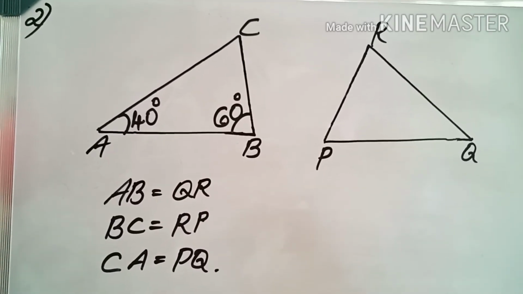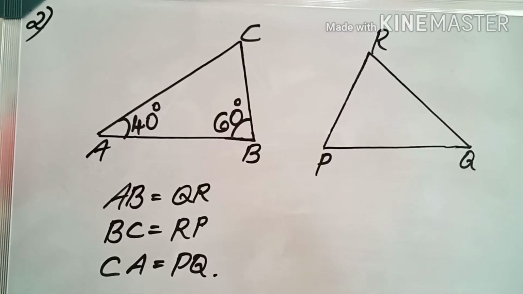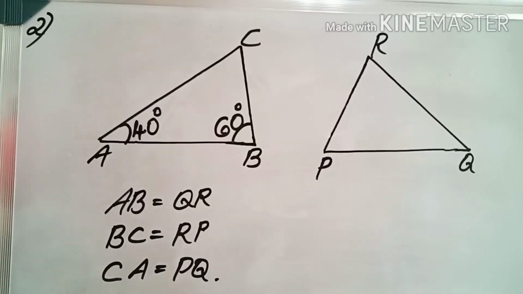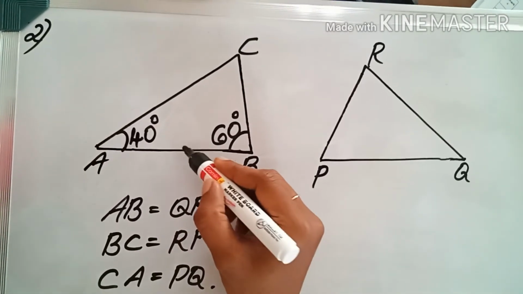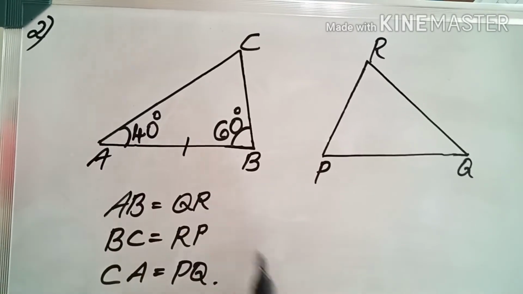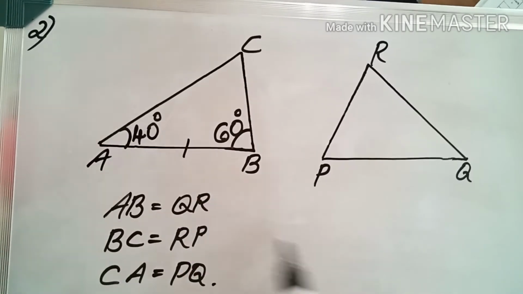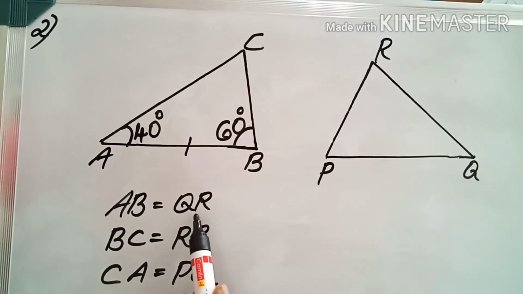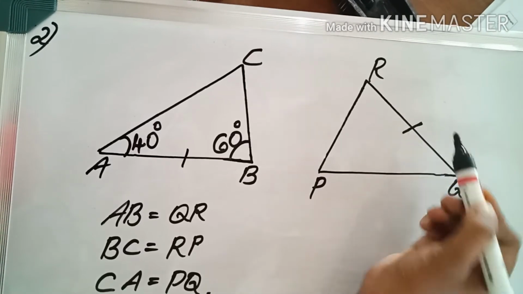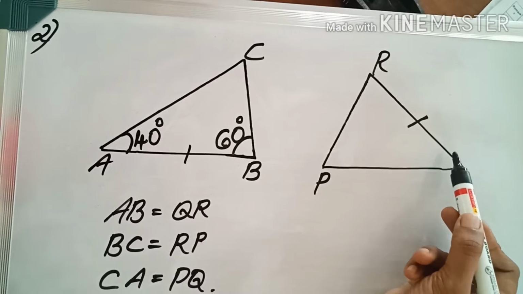So first of all, let's mark these three sides. First one is AB of the first triangle. I told you we can mark the sides as first, second, third like that. So AB is the first side, with one dash we can mark that. Now for the second triangle, the side equal to AB is QR here. So this is the equal side. Whatever the measurement of AB, the same will be for RQ also.